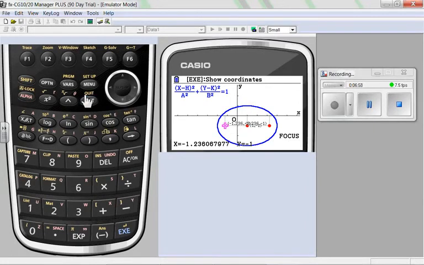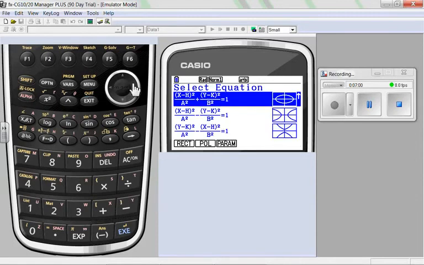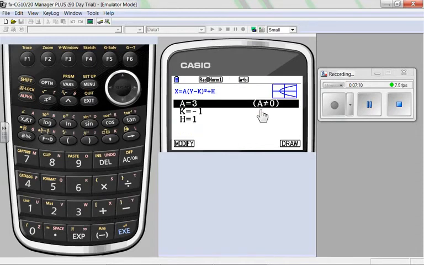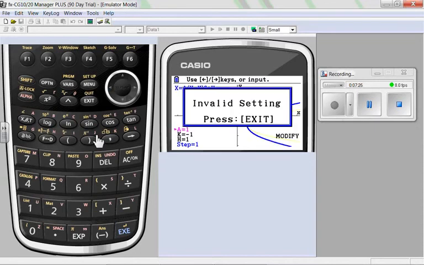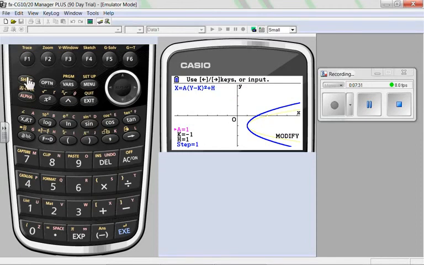Let's go to the parabola. We'll go to a parabola that opens in the Y direction. That one tends to give students more trouble. And we'll go with it in vertex form. Again, A cannot be 0. It's a great discussion as to why A can't be 0. Increase A, making it thinner, making it wider. Notice what happens. I try to go to A equals 0. It won't do it. So once again, I like that one, so I'll lock that in.